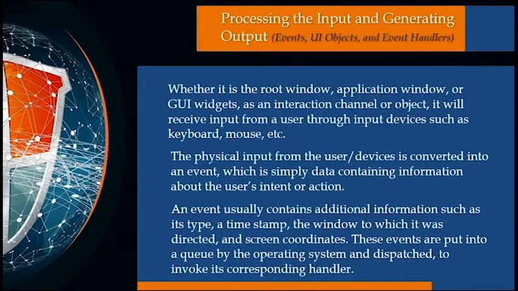So whatever you want to do, whether you click or drag on your computer or on the screen, that's considered as an event. So it's from the input devices. An event usually contains additional information such as its type, a timestamp, the window to which it was directed, and screen coordinates. And then these events are put into a queue by the operating system and dispatched to invoke